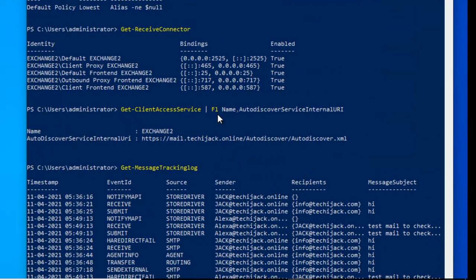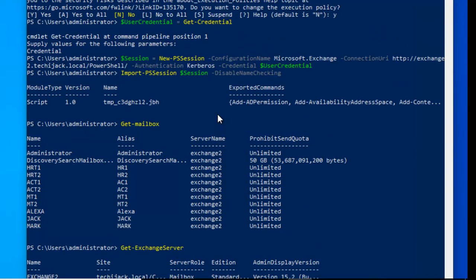And one thing to note here: when we ran this command, you see the HTTP. When you open the ECP or OWA, it requires HTTPS, but when you are connecting with remote PowerShell, you have to type HTTP. It works on port 80. One more thing to inform you is that if you get an error while doing this, the most common problem is an incorrect password or username, or whether port 80 is enabled or not. TCP port 80 should be enabled for your Exchange server. The user should have access to the Exchange Management Shell.